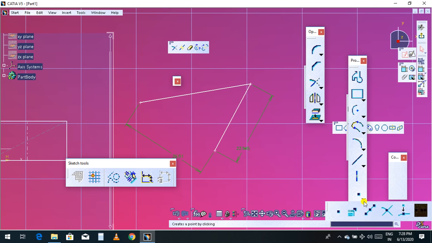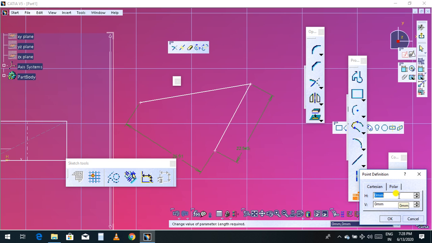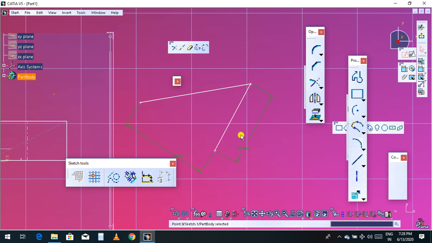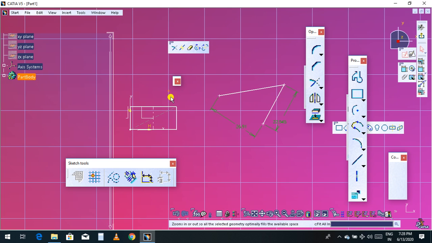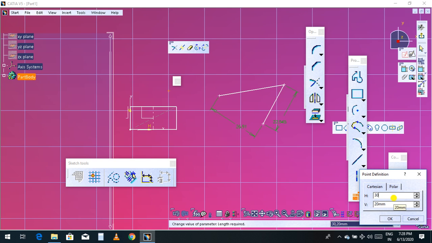Now another point type we have is the point by using coordinate. You can give a coordinate: for the x-axis you can give 20, and for the y-axis you can give 20. Then if you click, automatically a point will be placed. Now here, this is the point. Again I'll choose coordinate, so 30 I'll take, and this one I will take 30 also.